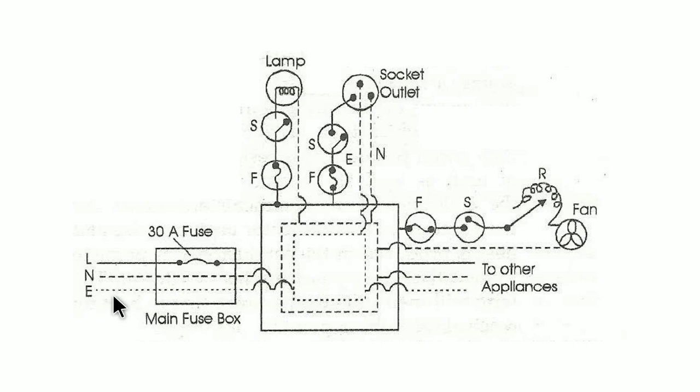Before the main connection enters a room, there is a fuse connected over here, which is inside the main fuse box. The fuse is of 30 amperes, and the fuse connects only the live wire. On the live wire only the fuse is kept. There is no need for connecting a fuse in the neutral and earth wire because both of them are at 0 volts. The live wire passes through the entire room, through all the four walls, and the neutral and the earth wire are also run through in a similar way.